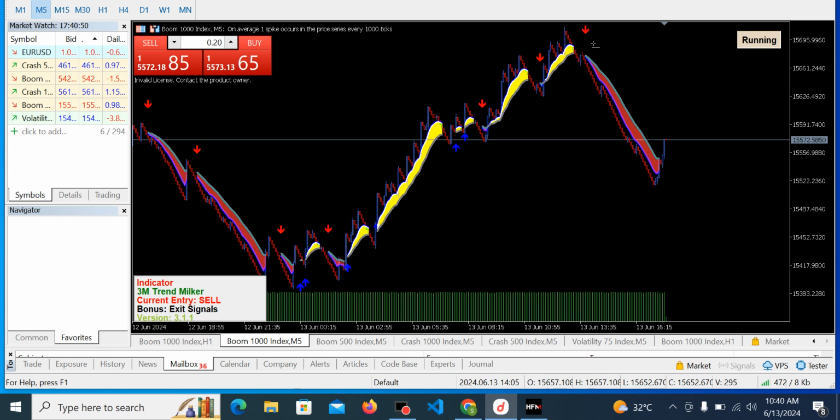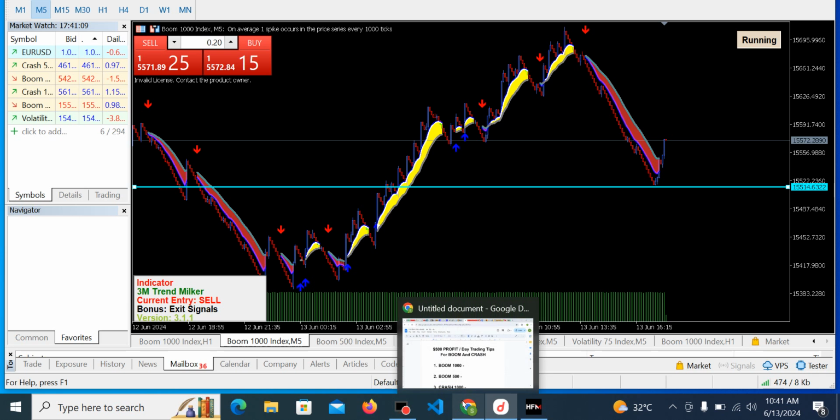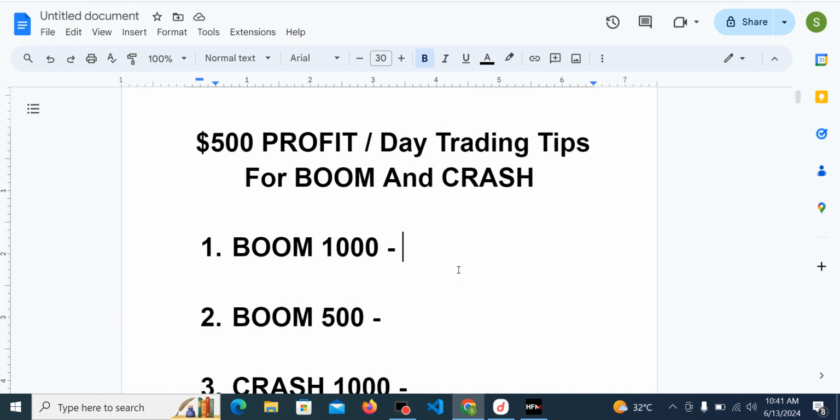We got a red flag and of course a red arrow, and it has been selling. It got to this support zone. It was unable to break out below it, so it had a pullback. After the pullback, it will try out the support zone again to see if it will break out from there. Once it breaks out from there, it's going to keep on selling. But if it's unable to break out from here, then definitely it will keep on buying. So we should watch out for that. This should be giving us more of a selling opportunity than a buying opportunity.